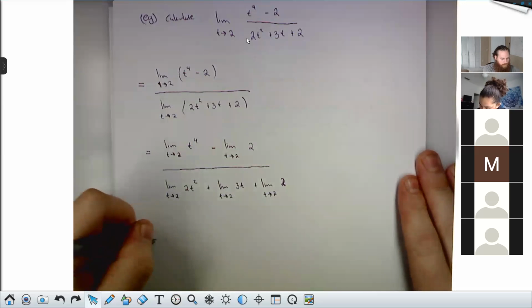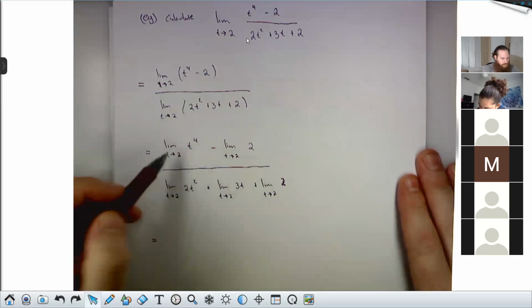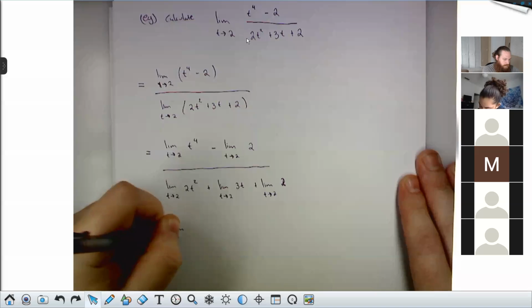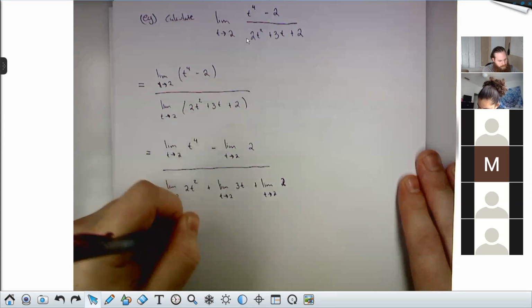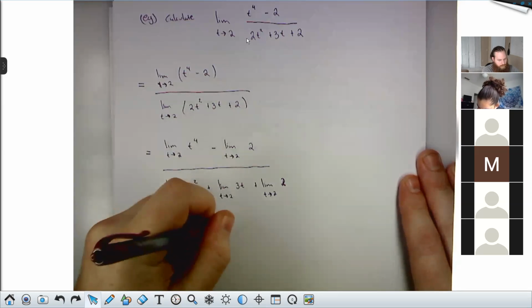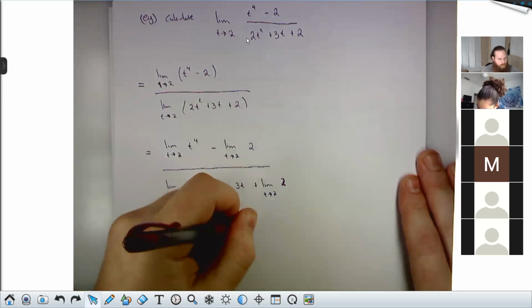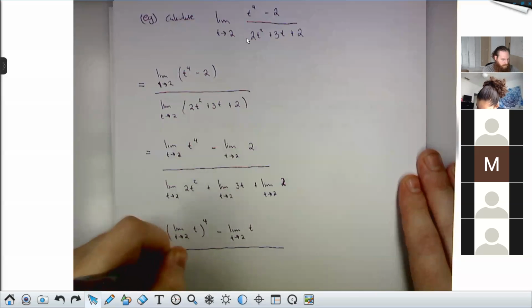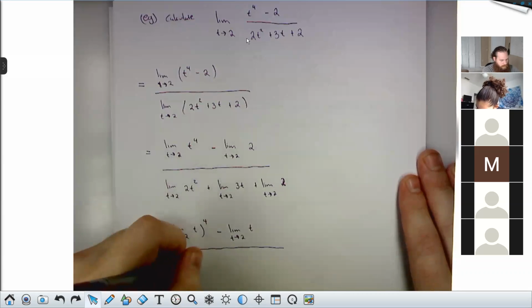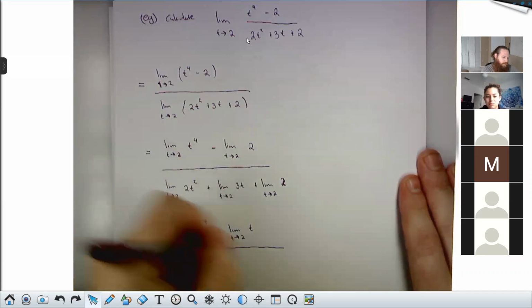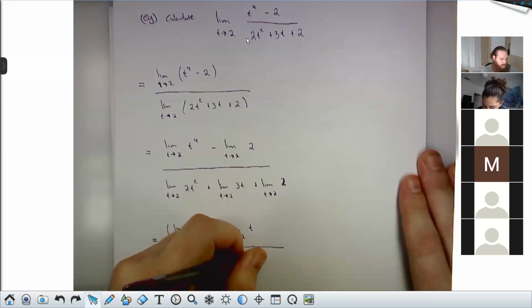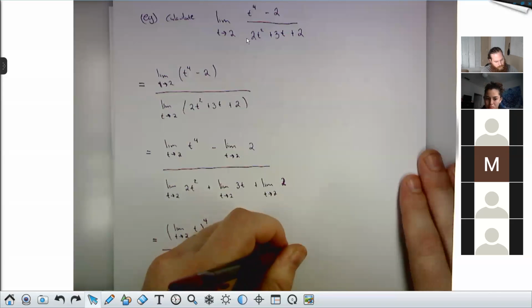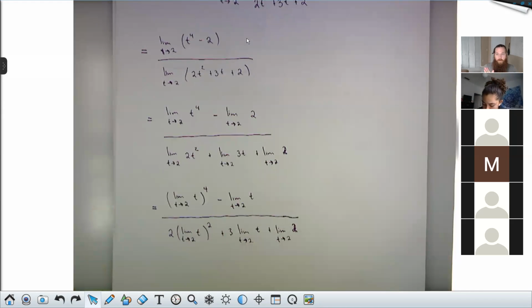And if we want to be exceptionally careful, this is now something we can use our power law on. This would be limit t to 2 of t, all to the 4, minus limit t to 2 of 2, divided by 2 times limit t to 2 of t, all squared, plus 3 times limit t to 2 of t, plus limit t to 2 of, did it again, of 2. So if we go very, very carefully through this,